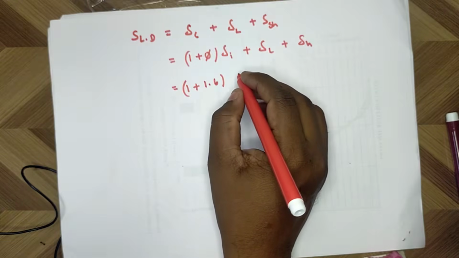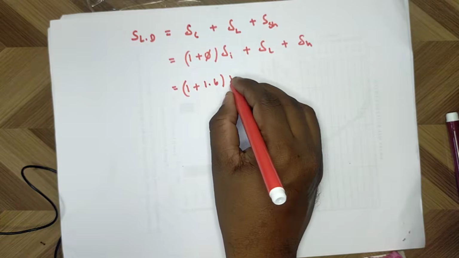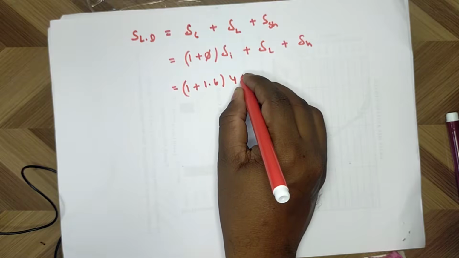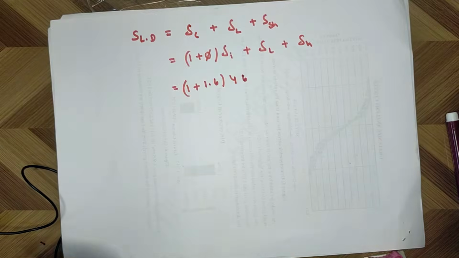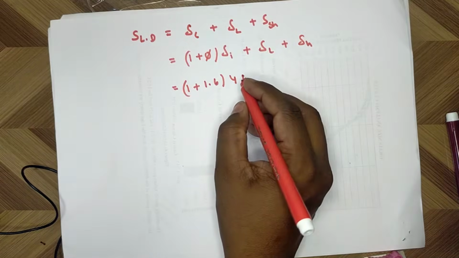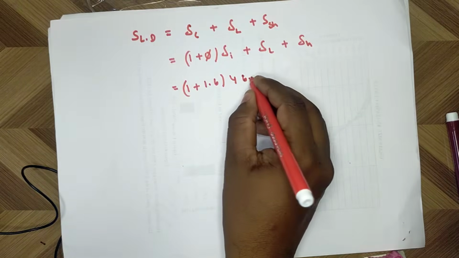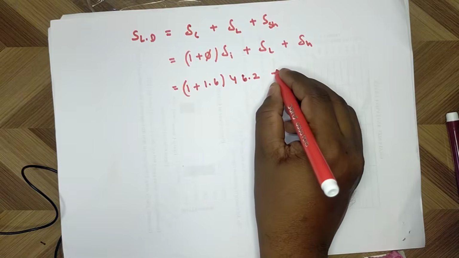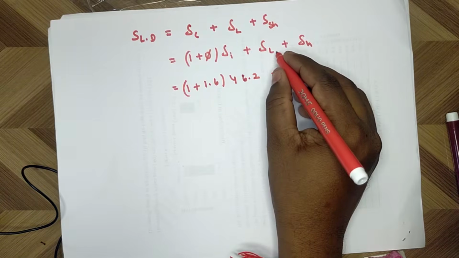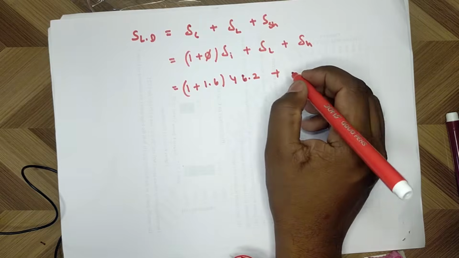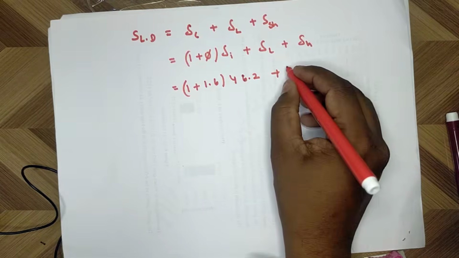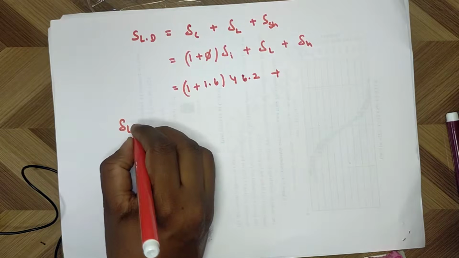Instantaneous deflection is 46.2, plus deflection due to live load. We didn't determine the deflection due to live load yet. Deflection due to live load is equal to